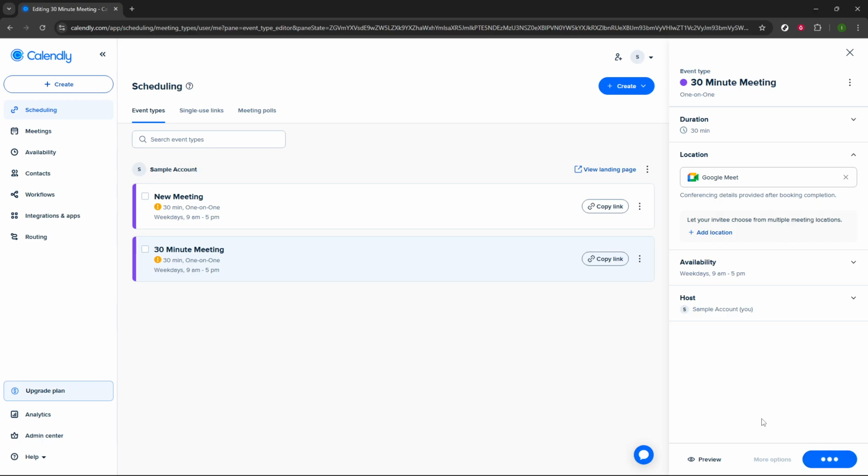This step locks in the update for that specific event type. If you manage multiple event types, you'll want to repeat these location settings on each one where you want Google Meet links created. From now on, whenever someone books using that Calendly link, a unique Google Meet link will be